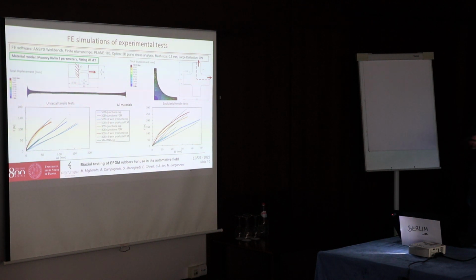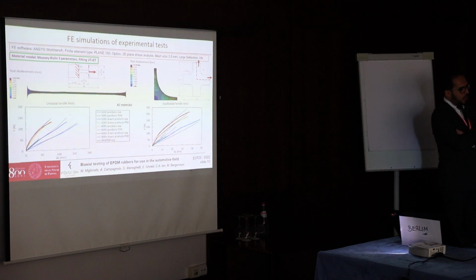I also noticed that the material model is isotropic. It is well known in the literature that, especially for large strains, rubbers are not isotropic materials. They tend to be anisotropic. Okay. It is not included in the simulation. It can help to improve the calculation. Thank you very much.